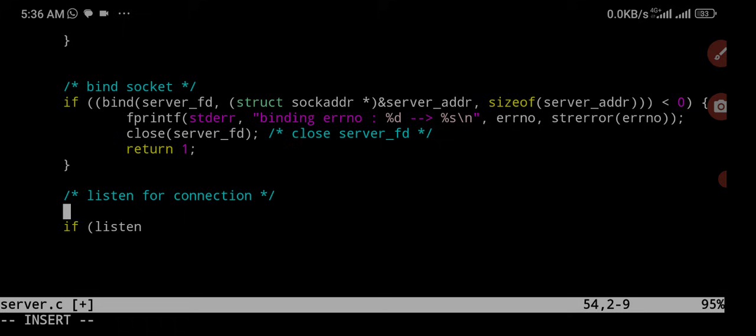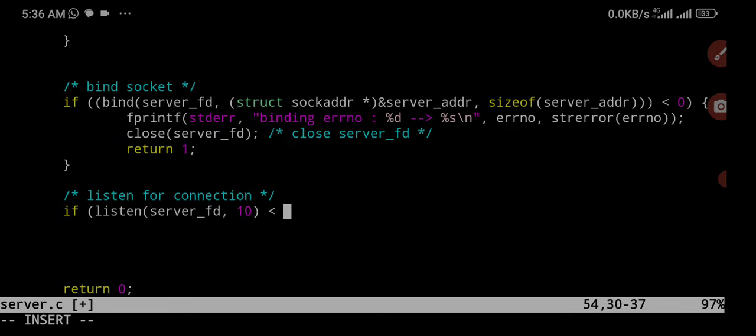So we use the if. We say if listening, we pass in the server_fd, comma, we are listening 10 times. Like, let it loop for 10 times, which is fast. So we say if this is less than 0, that means we encounter error,